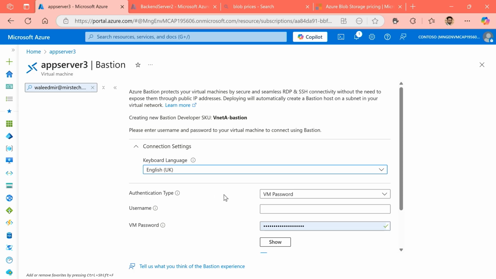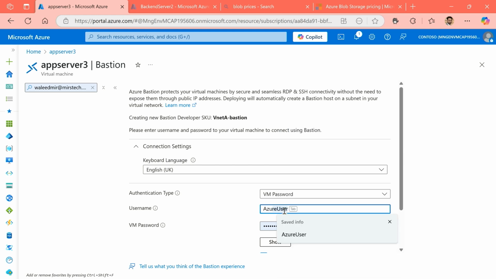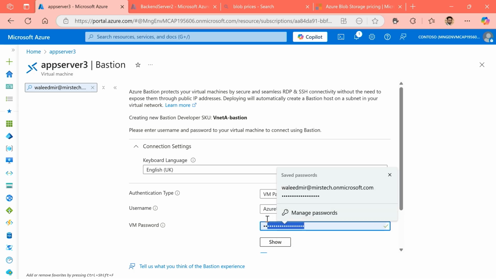I can go in here and choose my authentication type. Am I using a password, or am I bringing a password from the key vault? If I'm using a Linux machine, I can use the Bastion service for both. The Bastion service in this case will allow me to bring the key for a Linux machine, but we'll go with the password. So far, I haven't actually configured this service as part of the setup. However, let's complete the details here and I'll show you what it will do.